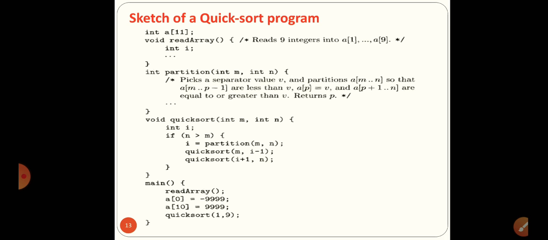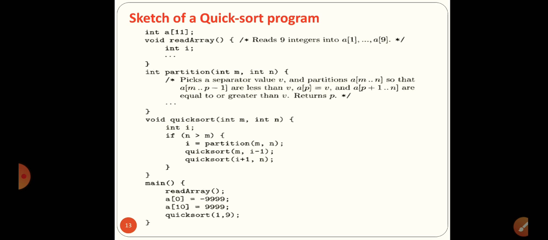Why we have taken this into consideration is that the main tasks are: first we read 9 integers, then we perform divide, then we combine or conquer all those elements by using the recursive technique of quick sort.